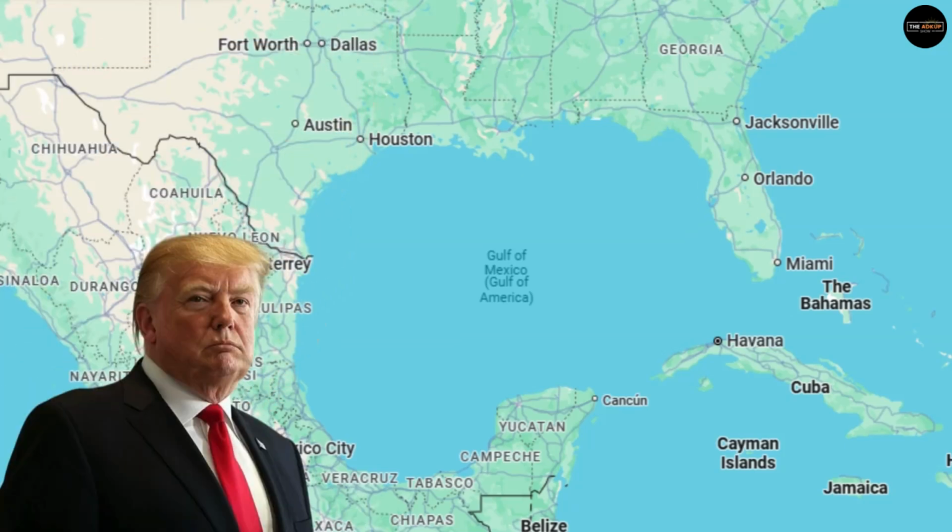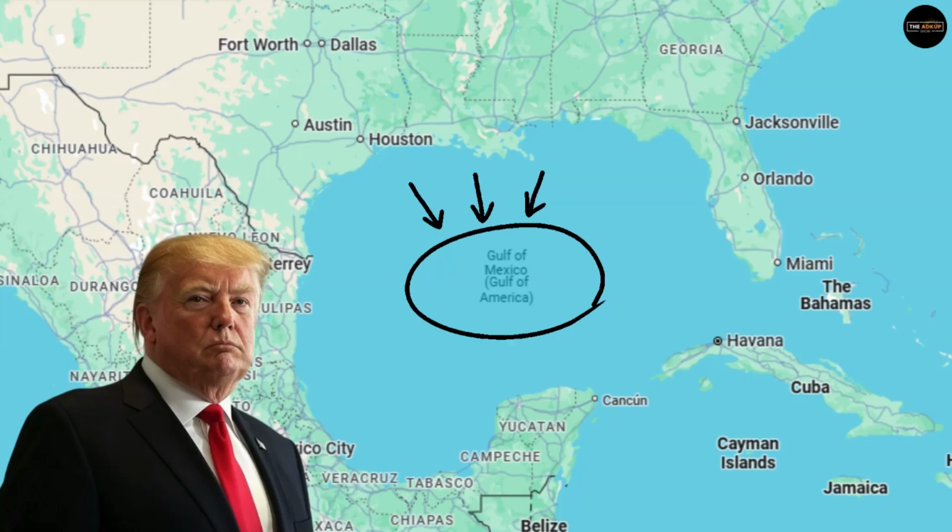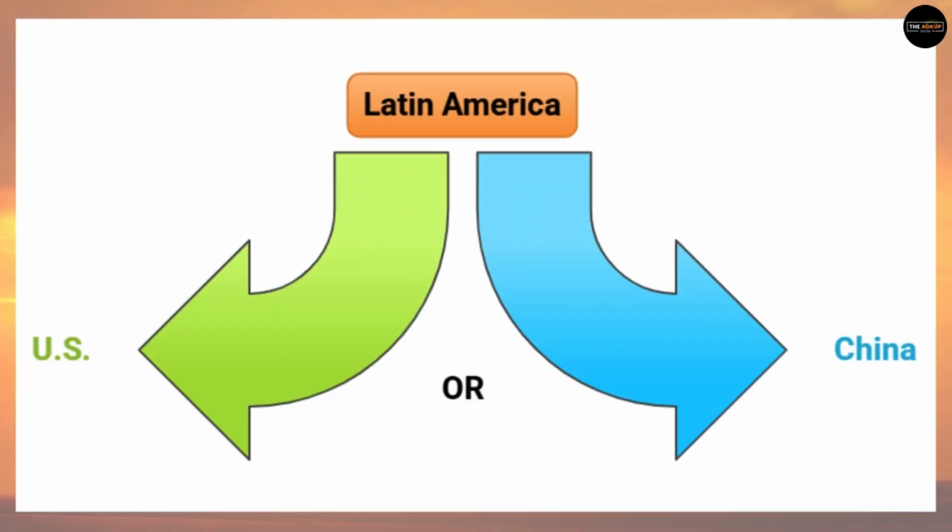Now, coming to the renaming of the Gulf of Mexico to the Gulf of America, that's pure symbolism. Mexico and Cuba aren't playing along. It's less about enforcing a doctrine and more about rallying the base. The U.S. knows very well that Latin America has many options at its disposal. Now let's zoom out. Latin America is not just a pawn in this game, it's also a trade powerhouse. So the question is, who's it vibing with more, the US or China? And the answer is, it's complicated.